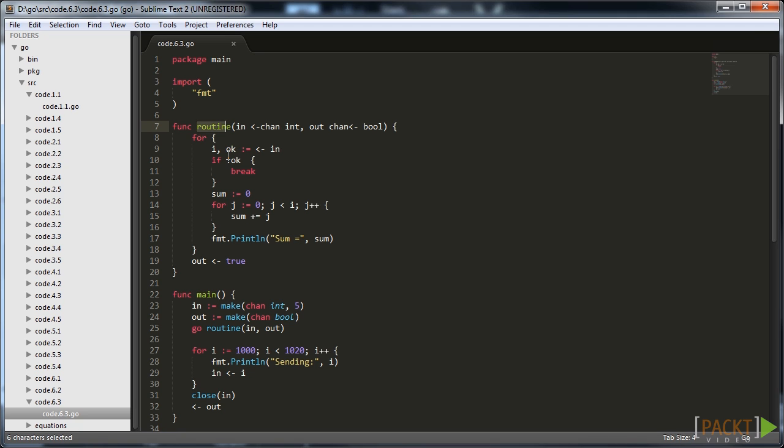Here our routine function starts at the beginning by reading from the in channel. It blocks until the recipient receives some data, as the channel is empty. Then, in the main routine, we send the data. When the channel fills, the sending operation blocks and the switch to the routine is performed, and sums begin to calculate on received values. Also, note the ok notation when receiving data from the channel, and the close function at the end